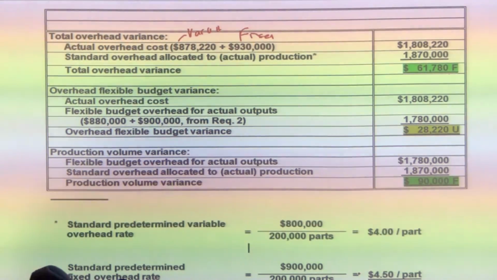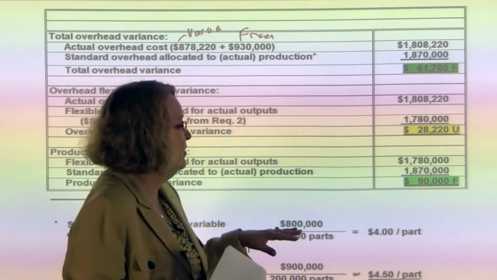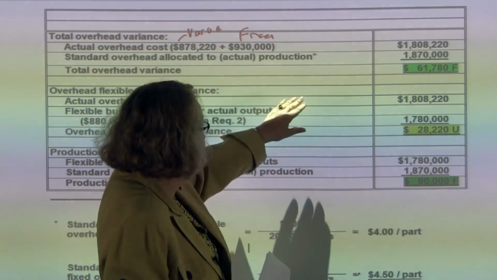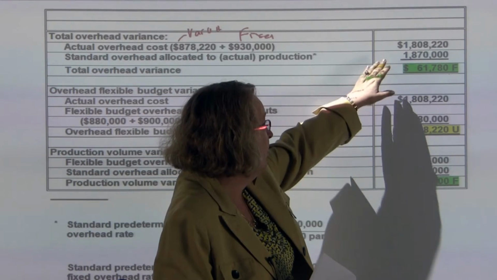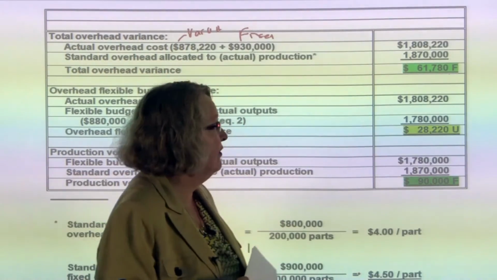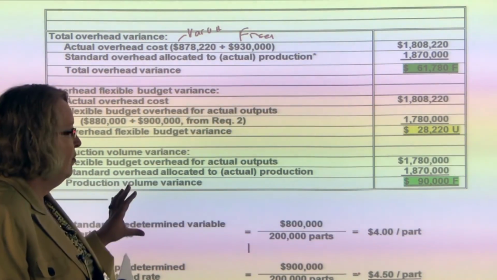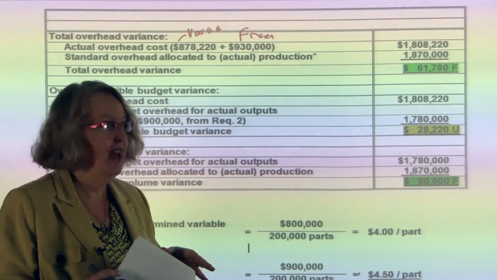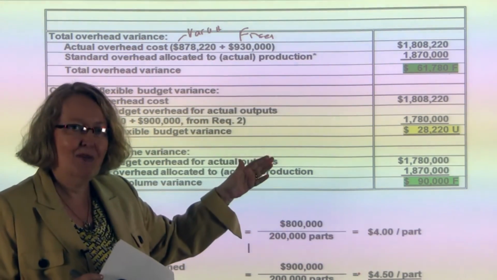So the total overhead variance that we're looking to explain is good in that it's favorable. So you had anticipated your overhead to be $1,870,000, whereas it came in lower than that, 1,808. So you have a favorable variance of $61,780. So now you want to get further information, so you want to drill down and find out more about what really makes up that